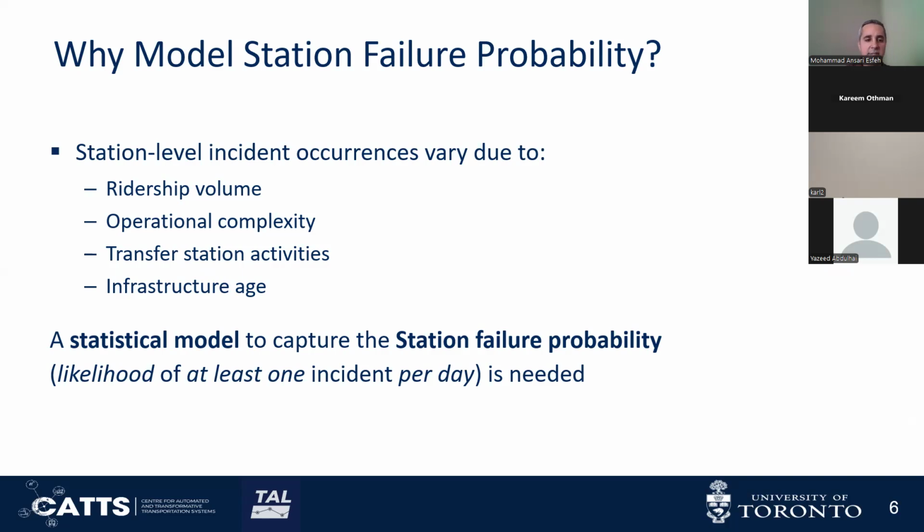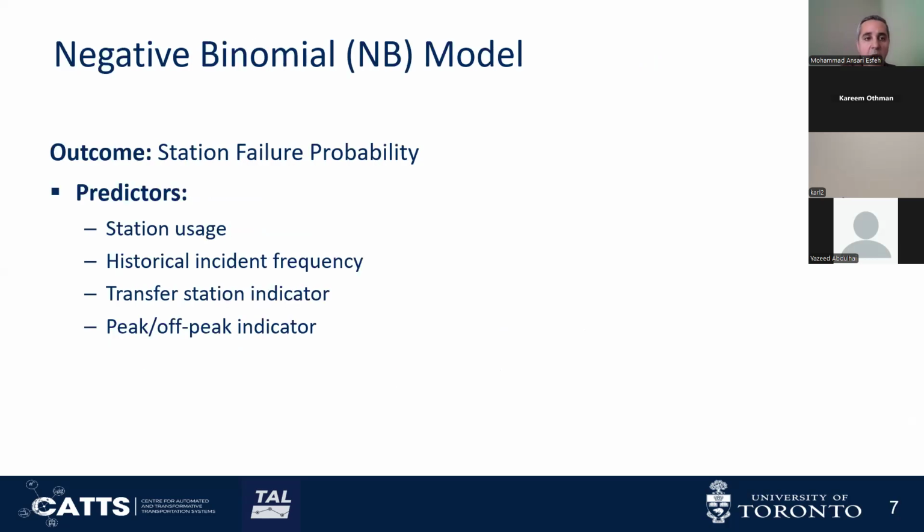So to capture all this, we need a statistical model which considers the station failure probability, defined as the likelihood of at least one incident in a given day at a given station. So this is basically a risk-based approach, and the probability is an important input, because for risk-based approaches we need to consider both the probability and consequences. So we obtain the probability of a station failure using the negative binomial regression model, in which the